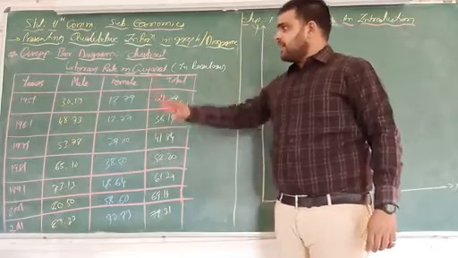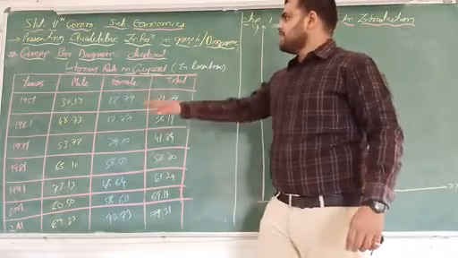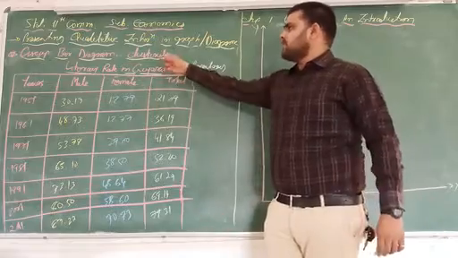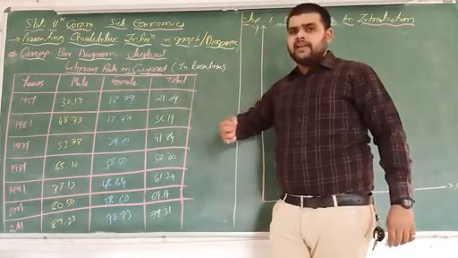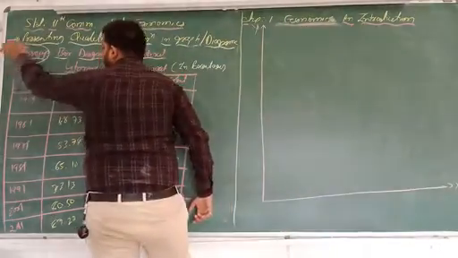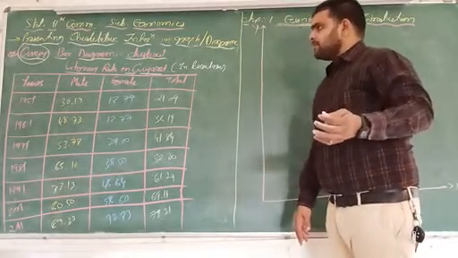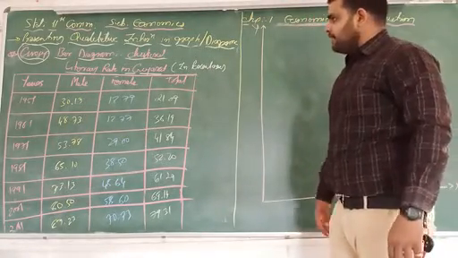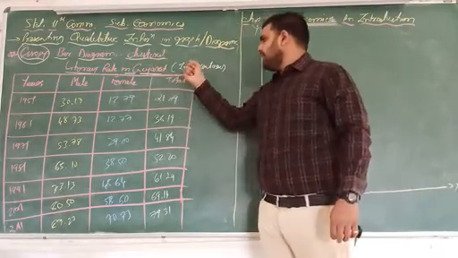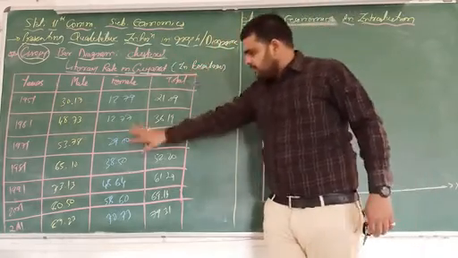Okay friends, the second type of data that we have to present is qualitative information, that is the group bar diagram. The second name of the group bar diagram is the clustered bar diagram. It means that we have to show the information in a group, that means two or more than two pieces of information. Here we take one example: literacy rate in Gujarat, in terms of percentage. Here we assume all the data is in percentage.